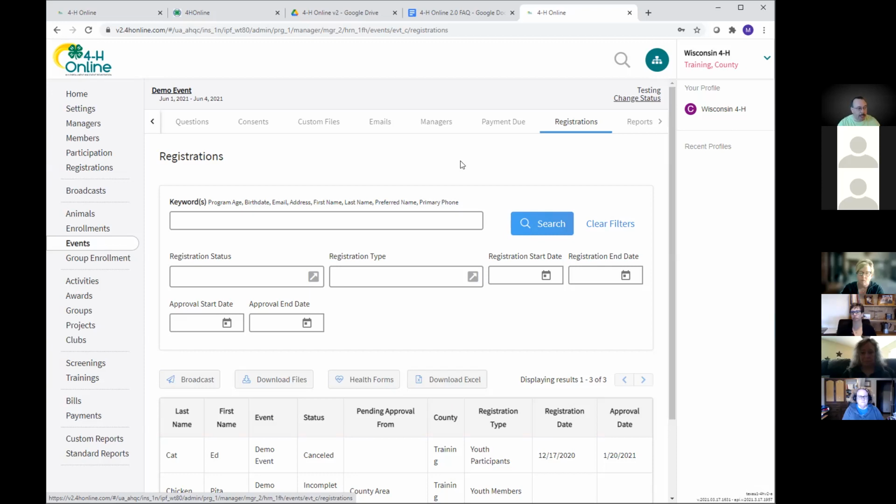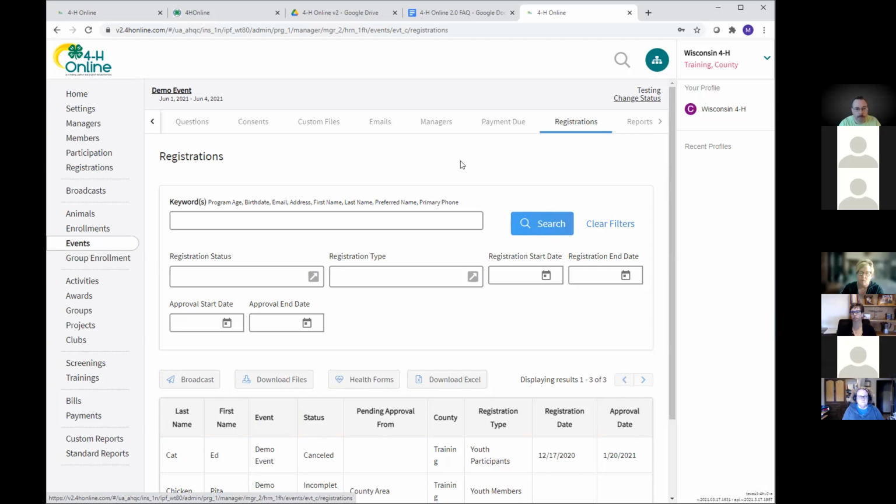But that's basically it for events, how you can create one, all the different parameters you need to think about. And again, if you have any problems, you can contact me and you can make me an event manager also, and I can go in and take a look at it. And maybe you want another set of eyes just before you make it live. So yeah, any questions?